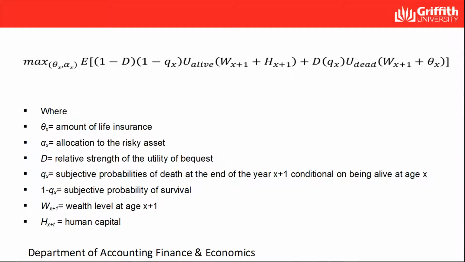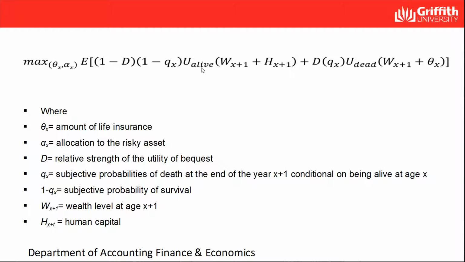The optimization problem can be expressed as the equation up the top there. And what that says is maximize, over theta x, the amount of life insurance, and the allocation to the risky asset, subject to the expected, and in square brackets, 1 minus d, where d is the relative strength of the utility bequest, times 1 minus qx, where qx is the subjective probability of death at the end of year x plus 1, conditional on being alive at age x,